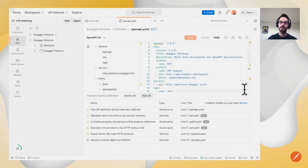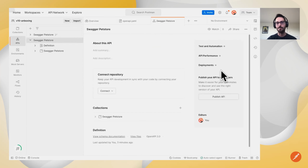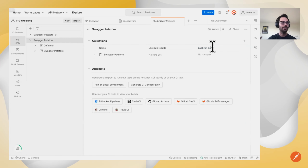That's new. Now let's go back to the home page. So I mentioned how we also have these 3 ones that are there. There used to be tabs before, now they're all on the same page. But from here, if I wanted to test and create some automation, I know there's quite a few testers watching. You may be interested in that. From here, I can set up